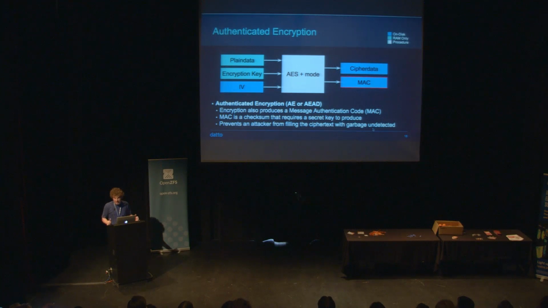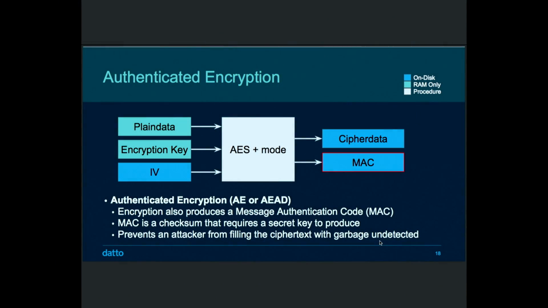The last thing that we want to add to this kind of basic block of encryption is what's called authenticated encryption. Now what this means basically is once we've written our encrypted data out, how do we know that nobody's changed it when we go to decrypt it? We want to make sure that what we're reading is exactly what we wrote out, because with a regular SHA-256 checksum or any other kind of checksum, anybody can produce that checksum. And if you can change the ciphertext, you can get our applications to decode garbage, and that's still not good. We still want to be able to make sure that our data is secure. We at least want to know that somebody was trying to